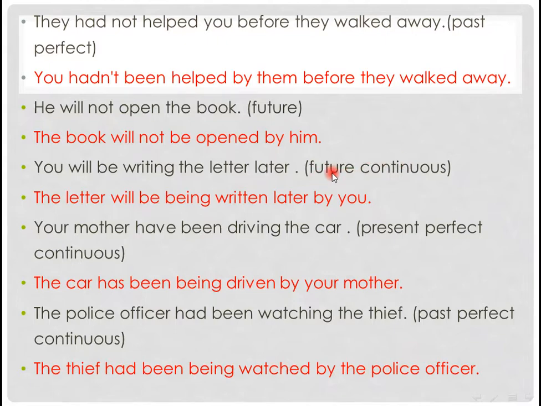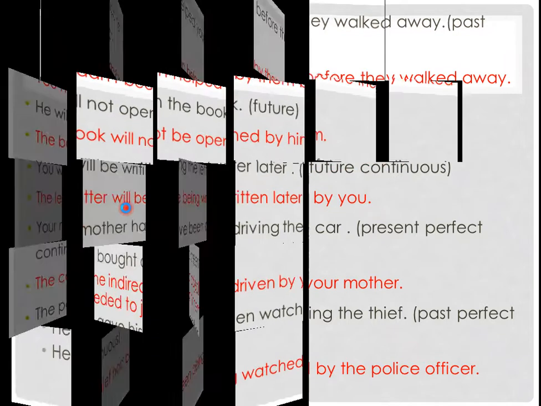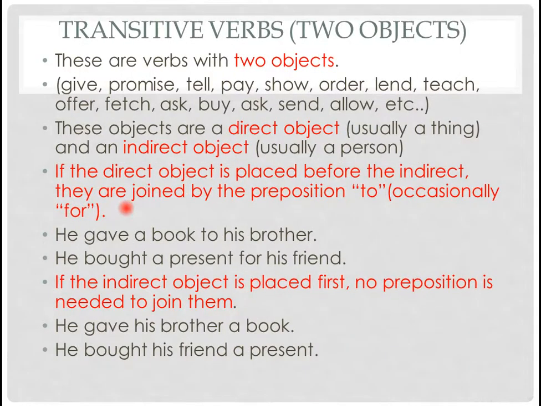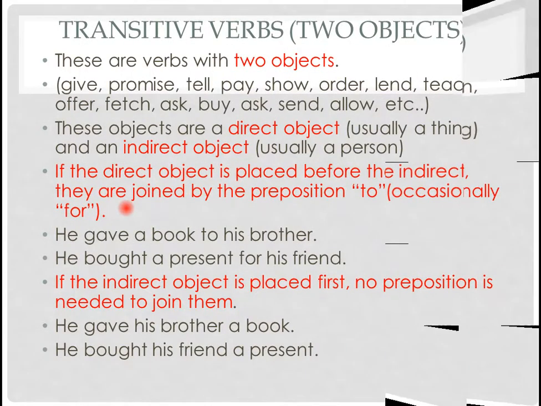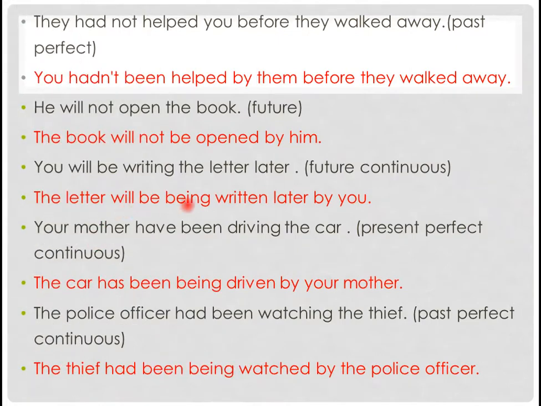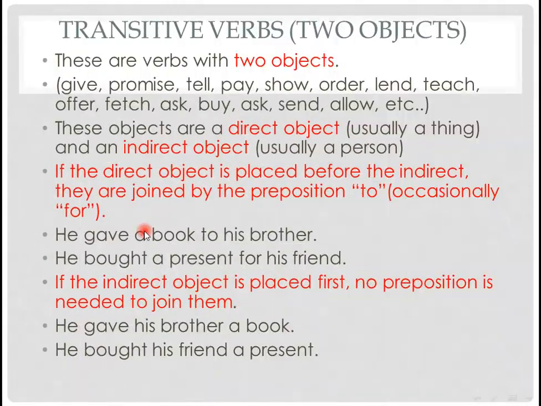The future continuous tense, look at the combination of will and after will we have be and being. Be for the infinitive and being for the continuity. Written belongs to the passive voice. And present perfect continuous, has been, being, it will become, because we have also here